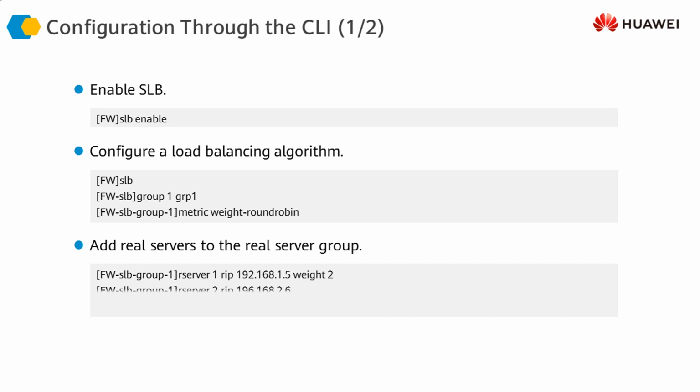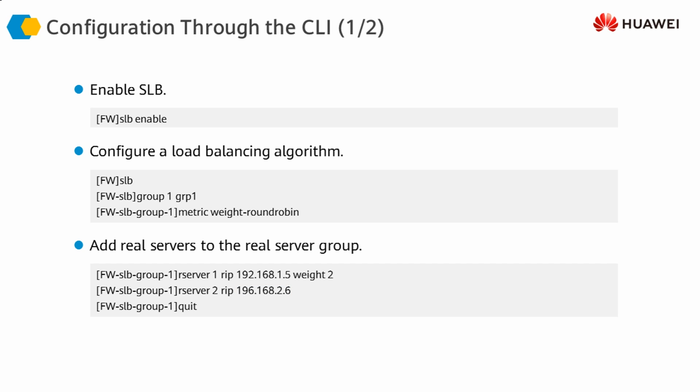Then, within this group, we are going to assign the real servers. We assign two real servers, our server 1 and our server 2, with a name and an IP address. So we assign the IP address. Real IP is 192.168.1.5 and